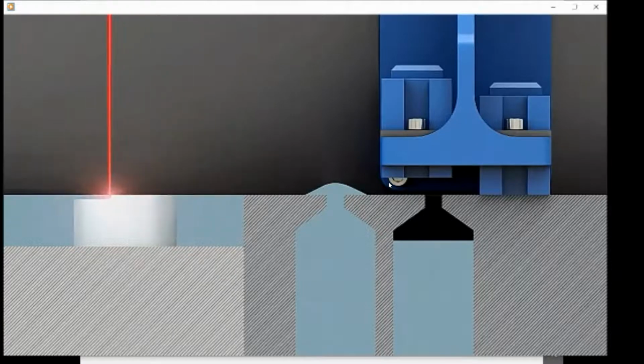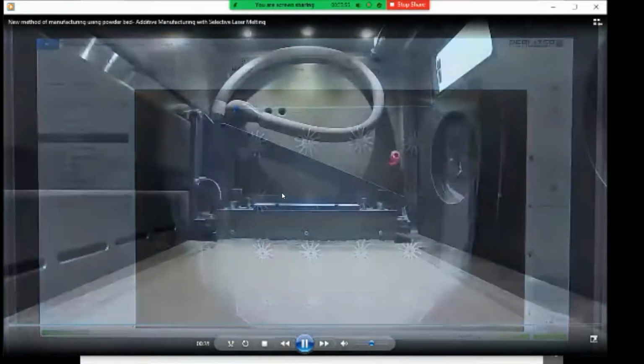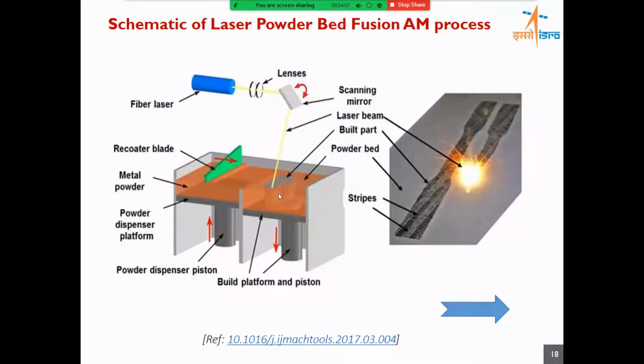So this was the recoater, and this is the laser beam treating the part. This is the recoater blade, and this is the part that is being printed. You can see that the table movement of the part being printed is downward, and the bin in which the powder is carried, with the recoater, is moved upward by a layer thickness, and the powder is transferred to this, and then the laser heats and melts the powder and forms the part. So this process is repeated until we build the whole part layer by layer.